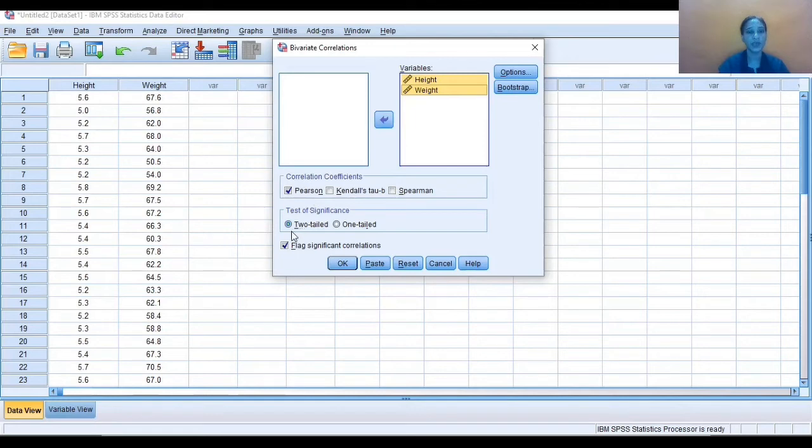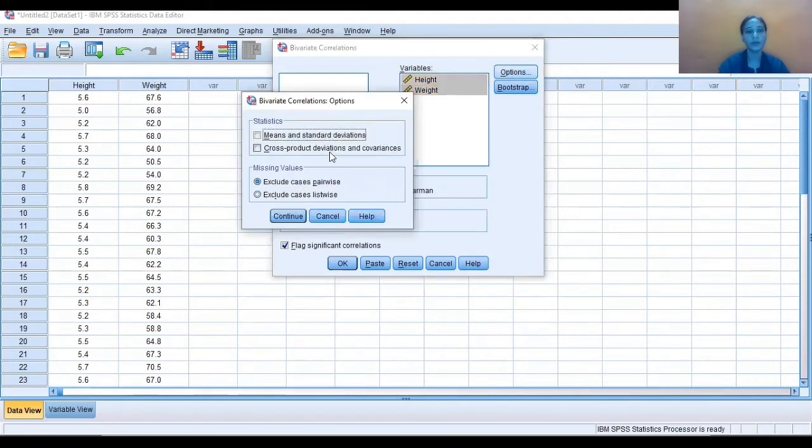Then you need to check here that two-tailed should be selected. If not, you need to select that. Then you need to go to the options menu. You need to check that exclude cases pairwise should be selected here. It is selected by default by SPSS. The remaining two options we are not interested in, that is the mean and the standard deviation.